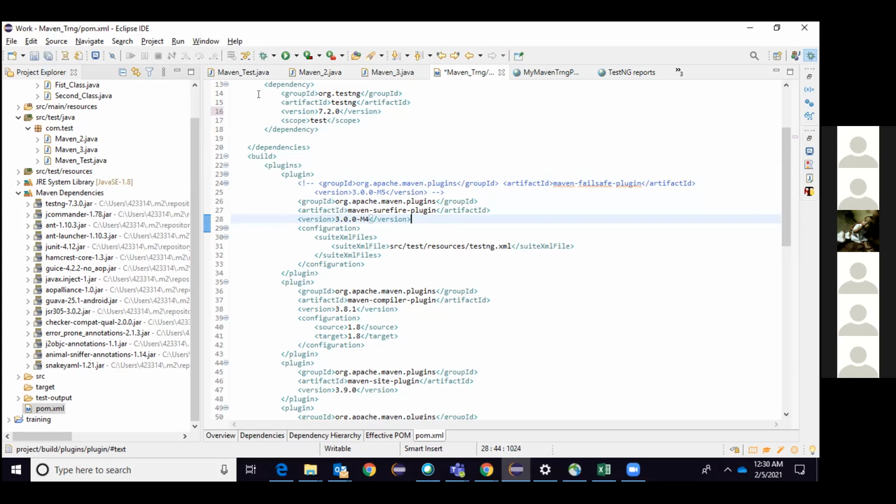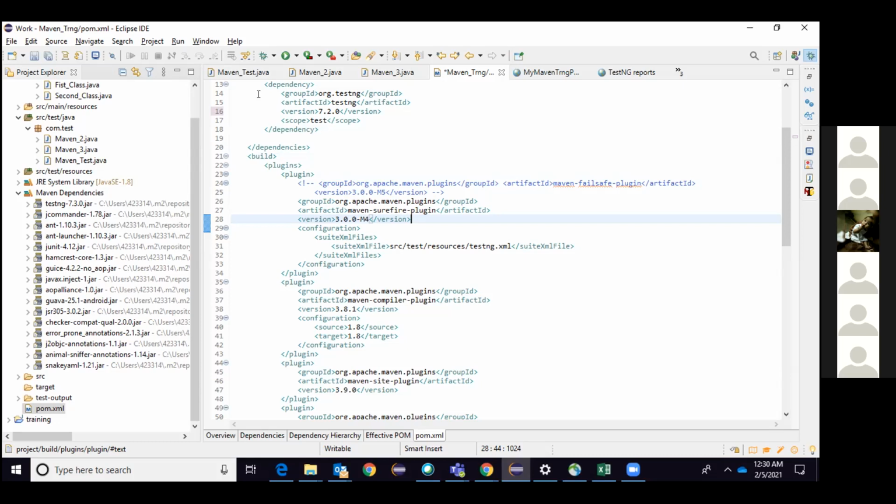It will give you support classes where you can write extra things, like TestNG is giving me so that I can write the test cases. Cucumber will have one more dependency which gives me report writing, something like that. I don't know exactly about Cucumber, but the point is that it will give you the supporting classes you can use in your project. That's the one thing a dependency does.